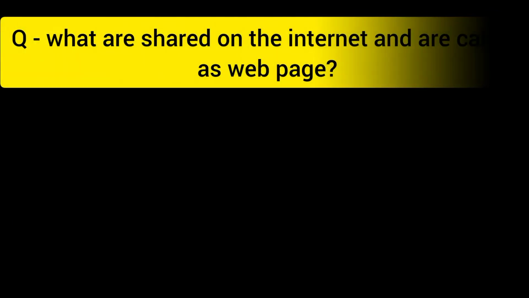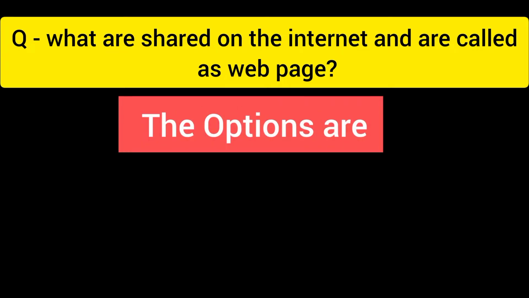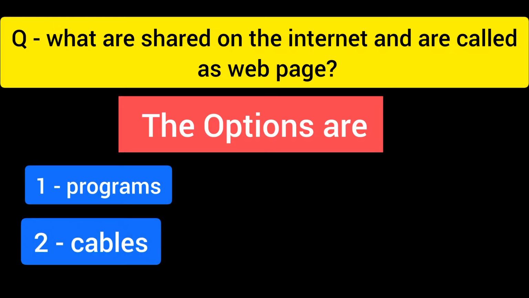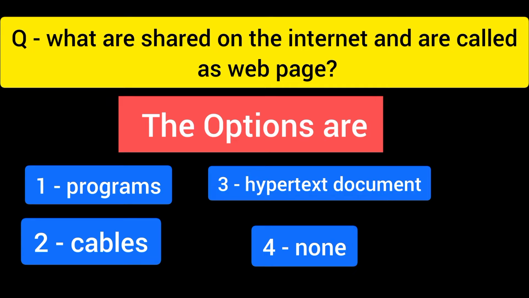Question number 9, what are shared on the internet and are called as web page, and the options are option number 1 program, option number 2 cables, option number 3 hypertext document, option number 4 none, and the right answer is option number 3 hypertext